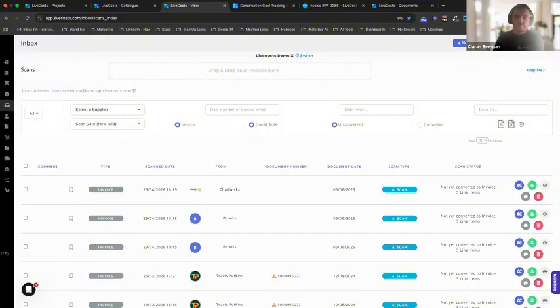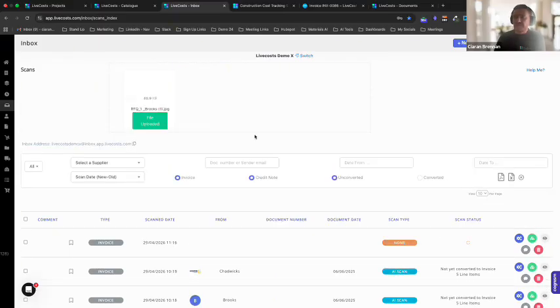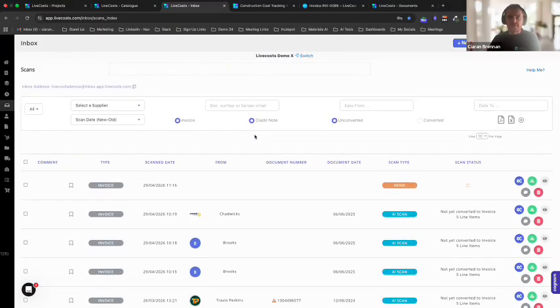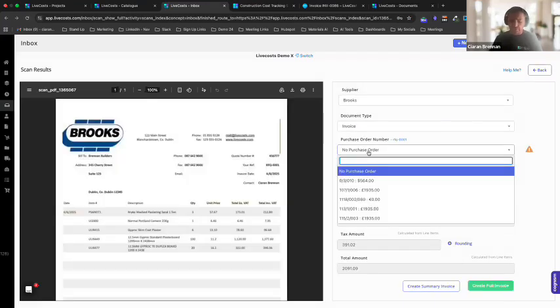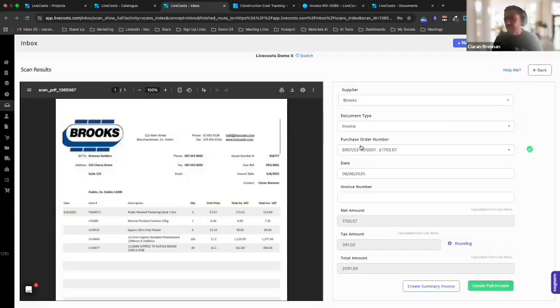When we now receive the invoices from the suppliers, we can simply drag and drop the invoices into LiveCosts, like so. Same as the RFQ process, same as if I was just in the PO on the fly. Again, we're just going to let LiveCosts do the heavy lifting of all this document. And then what we've done here is we've trained a piece of AI to go in and understand the data in terms of what needs to be extracted,